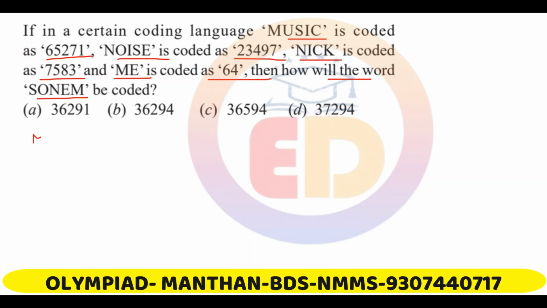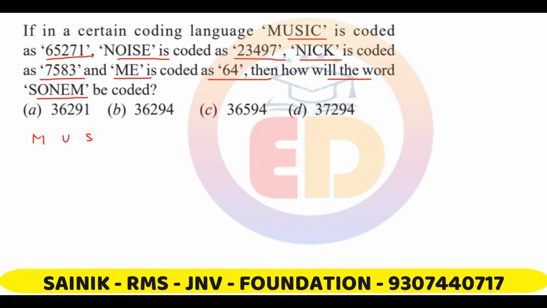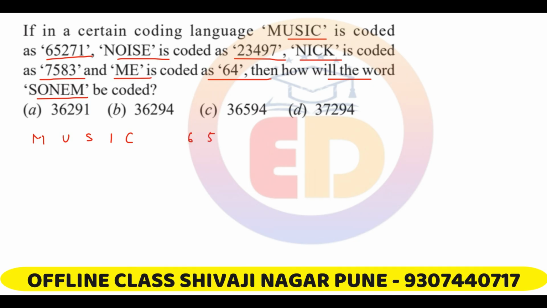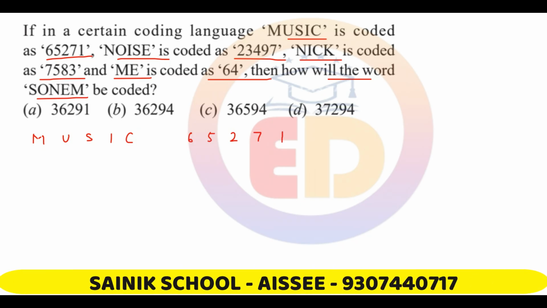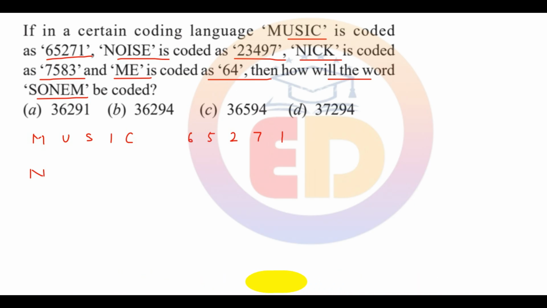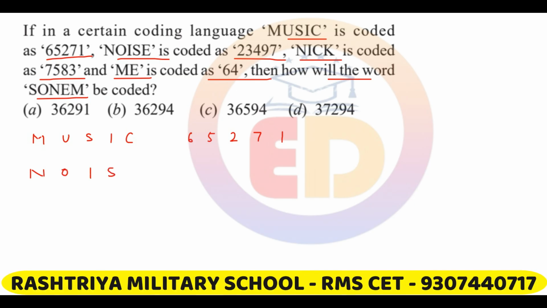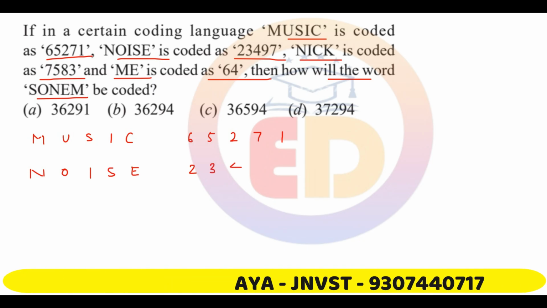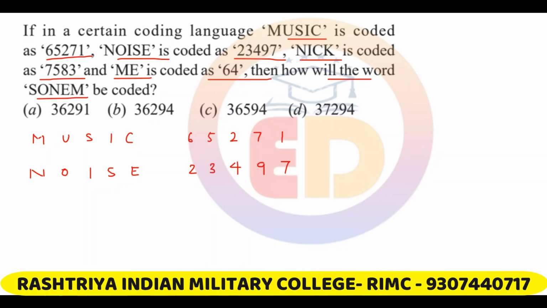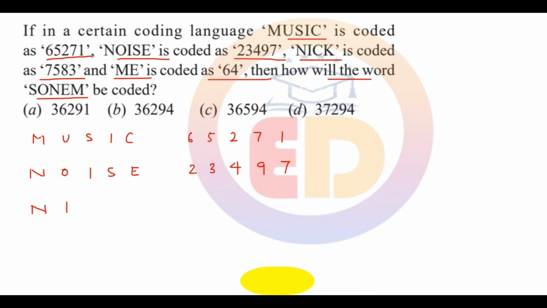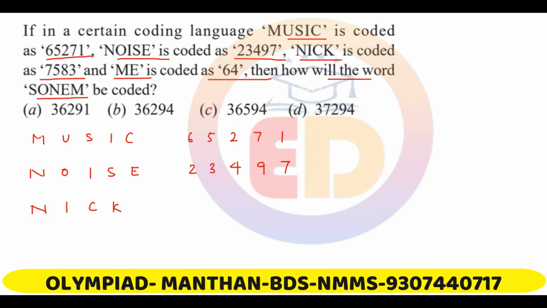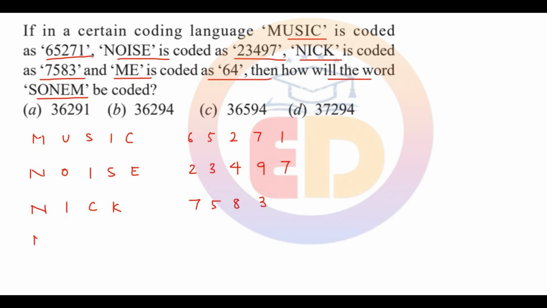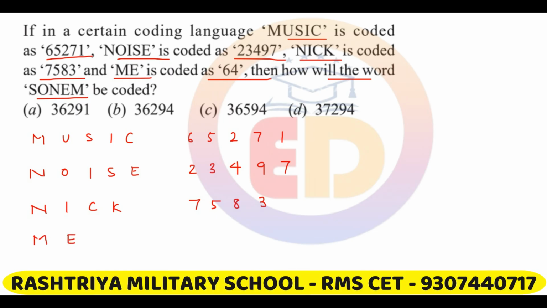So the code for music, 65271, noise, 23497, nick, 7583, and me, 64. Now here